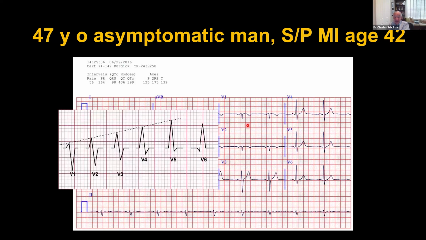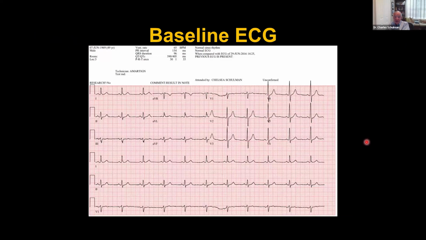Okay, you'll notice that R wave progression is normal. And in fact, this is his baseline ECG. You'll notice that the axis here, the QRS, is horizontal, but it's 0 degrees, not 180 degrees. So this is his baseline ECG,